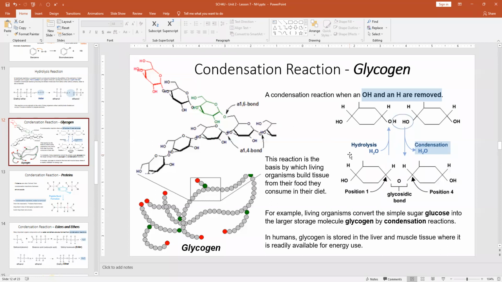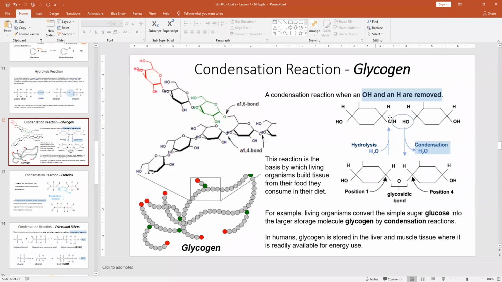When the body joins these molecules together, it does it through condensation. When it wants to break these molecules apart, it does it through hydrolysis. Hydrolysis is the breaking of bonds by using water. In the scheme that I've shown, the water is being put in. When you have hydrolysis, you're putting water together with this molecule to break this bond and result in these two free